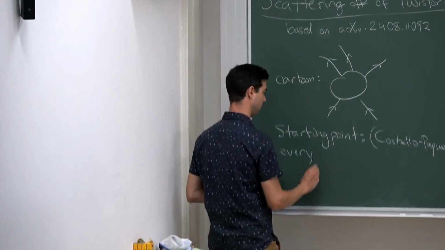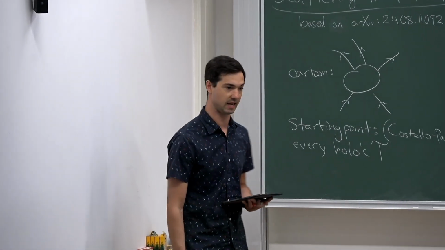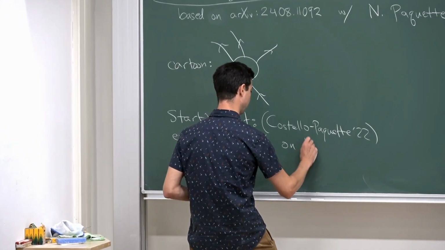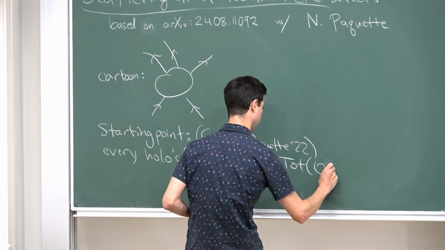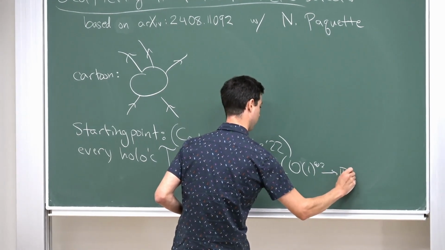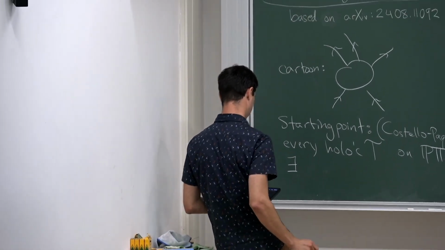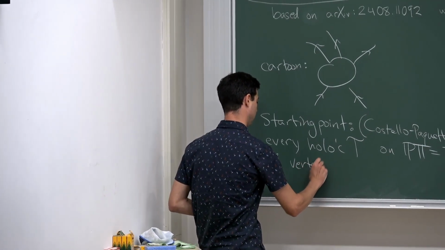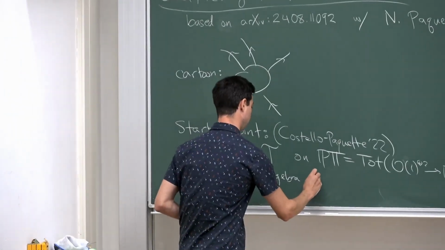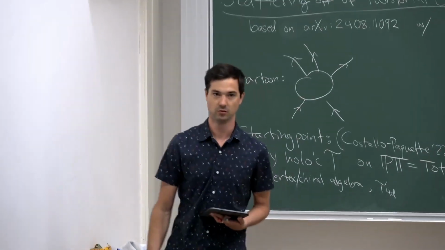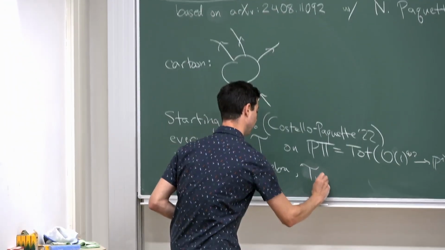If you start with a holomorphic field theory, which I'll denote by T, and place it on twistor space, which I'm sure you all know and love, but you can think of it as the total space of a rank 2 vector bundle over P1, then there exists a vertex algebra, or chiral algebra, depending on what flavor you like, and a 4-dimensional quantum field theory, or classical field theory, that I'll denote by T with a subscript 4D to differentiate it from T,